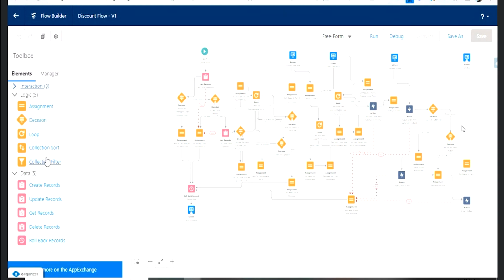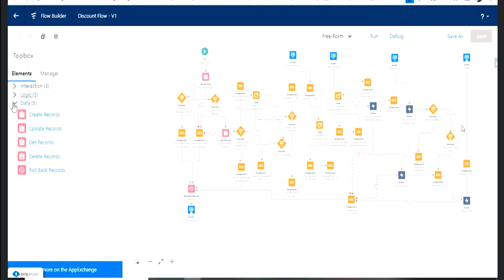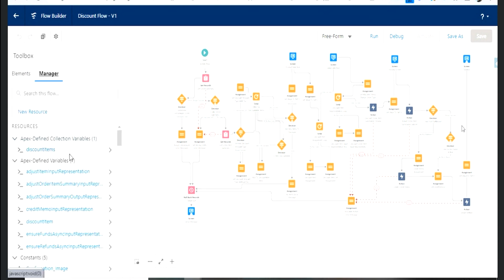So in transaction we have one, and the logic. We can assign the value, we can make a decision, we can do read, collection. All this we have, large operations here. And the data operations, you also have five: create, update, review, delete, and rollback. Rollback makes sense if you have updated something and after updating you give some wrong steps, so you want to roll back your data. That is another topic. Okay. You have all these transactions, but if you want to understand this whole flow, you can go to the